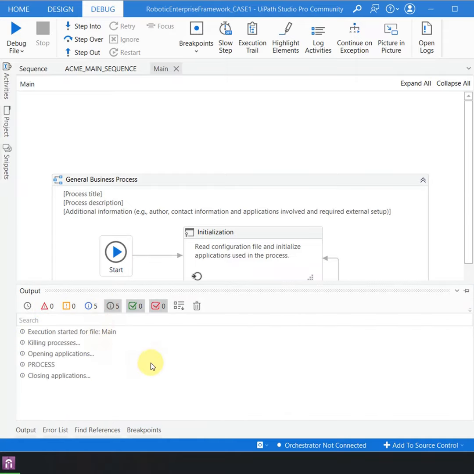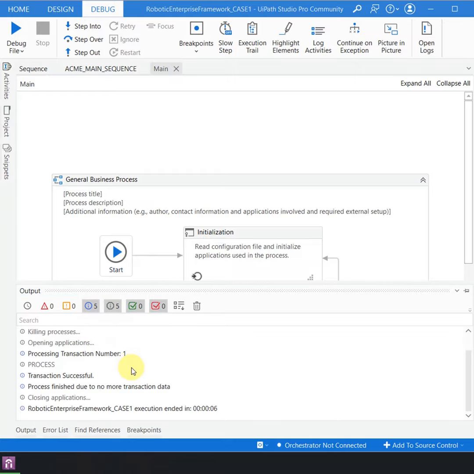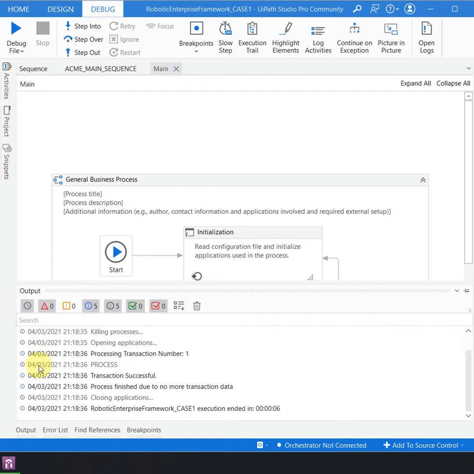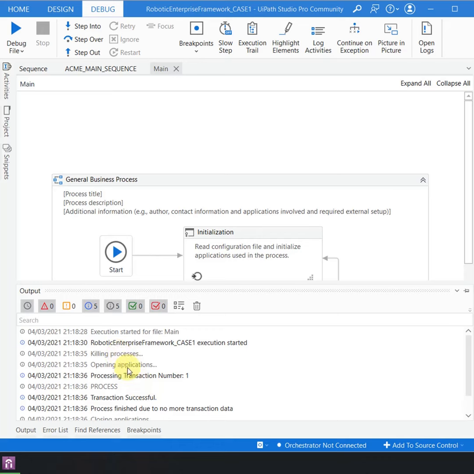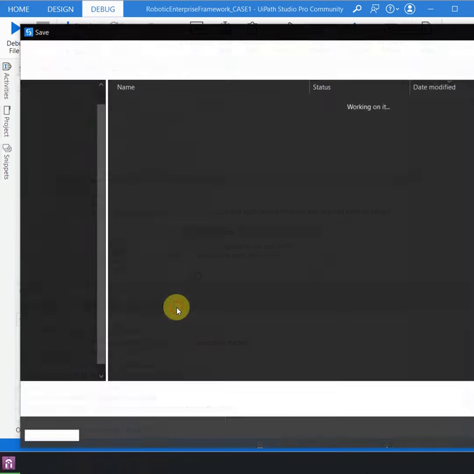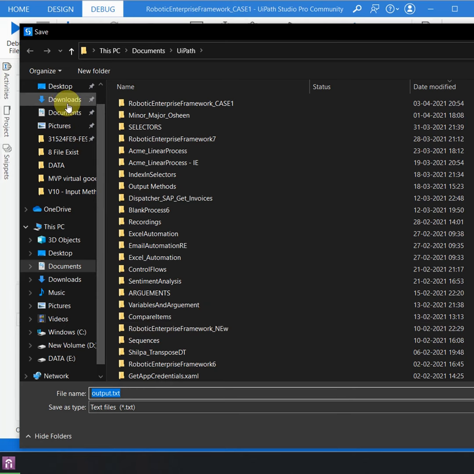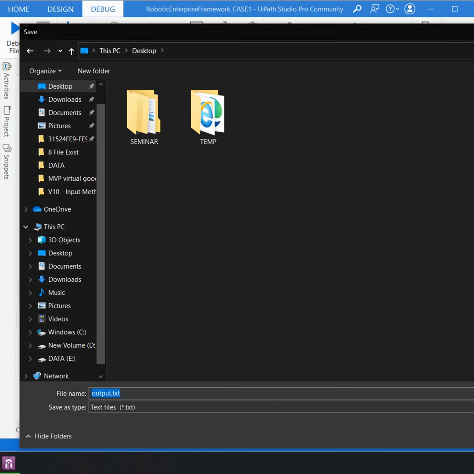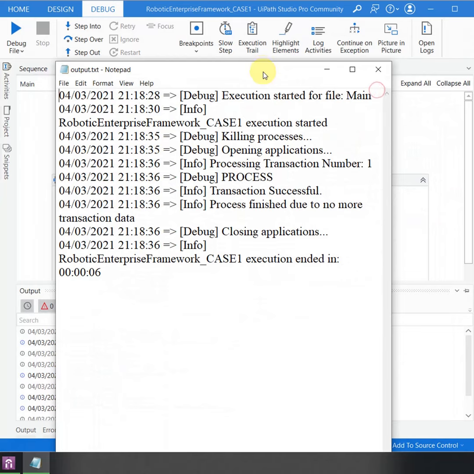For example, if I only want to see the trace, I click on this button. I want to see only info, I click here. I want to see the warnings, errors, and you can just toggle here. One interesting feature is you can click on this button to see the timestamp, and the most important one, you can export all these to logs by clicking on this button. Whenever I click on this button, it says export the logs. Let me click on save, and the logs are displayed.